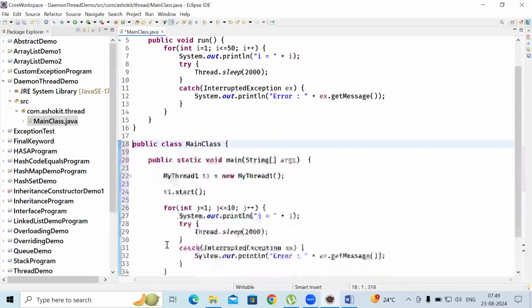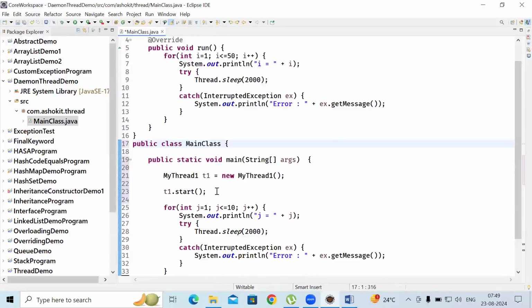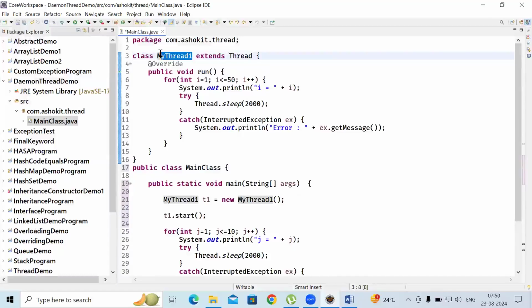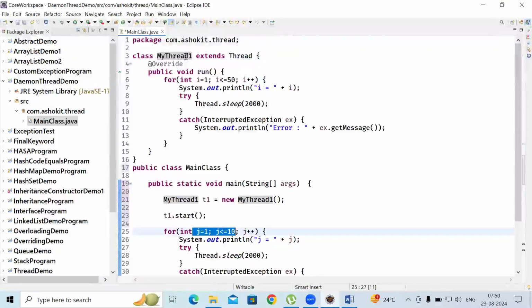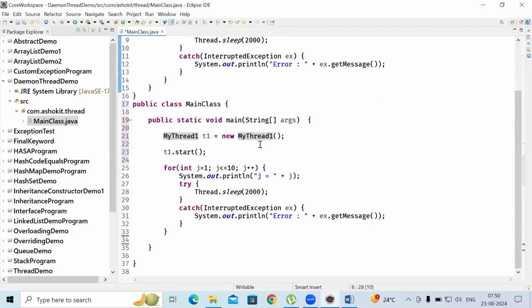Now tell me, how many threads are there in my application first? There are 2 threads. Main is already a thread, which is called the main thread, and one more thread is created. So totally there are 2 threads. Here, the main thread is going to display the values from 1 to 10. The other thread is going to print the values from 1 to 50. Question is, if I run this program,